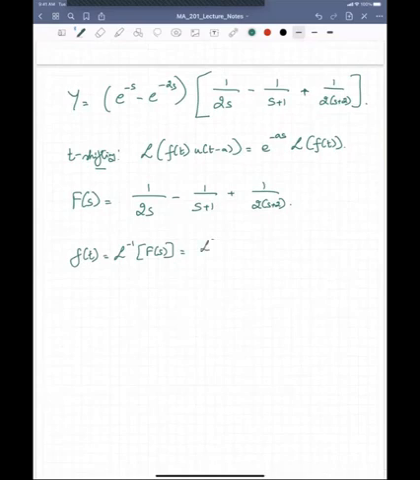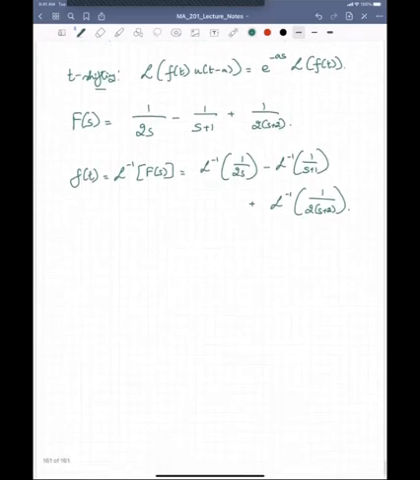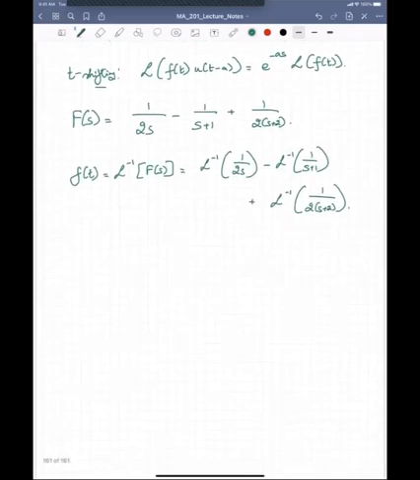So it will be half. It will be half minus e raised to minus t plus half into e raised to minus 2t. Very good. So the idea that he was talking about basically is that the Laplace transform of a constant is